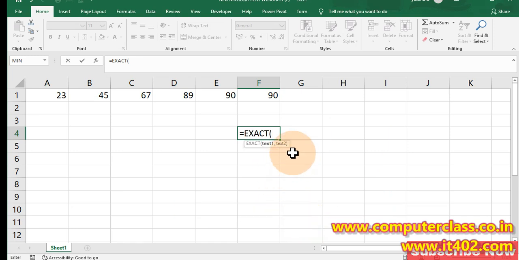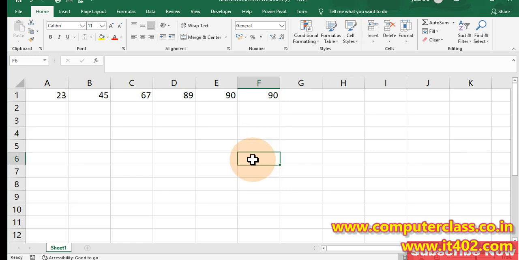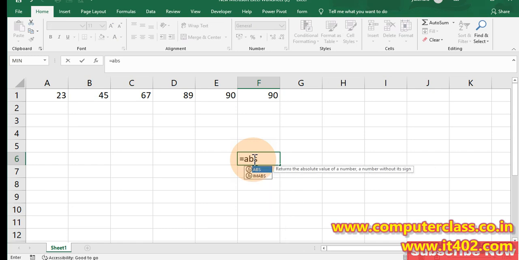So we will try all these types of things. In this class we have only one motto. We will put equal to and use any of the formulas, and after selecting the formula we will press tab and see the input, what the requirement of that particular formula is. Equal to ABS number. That means I don't know the use of the ABS formula, but I should know that if I try this formula, I need to put only one input, and that input should be a number, not an alphabet, not text. So I hope you understand.